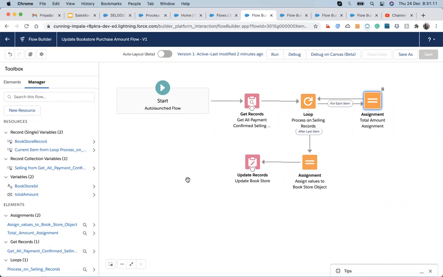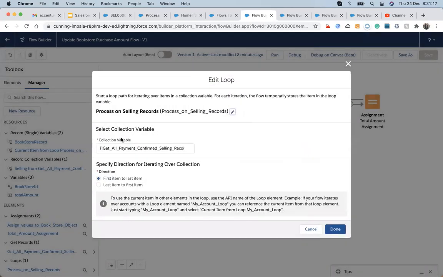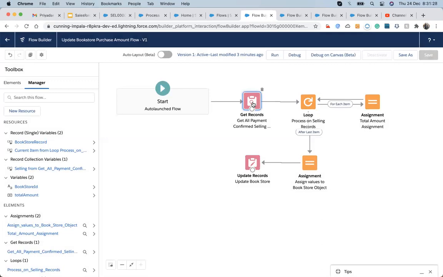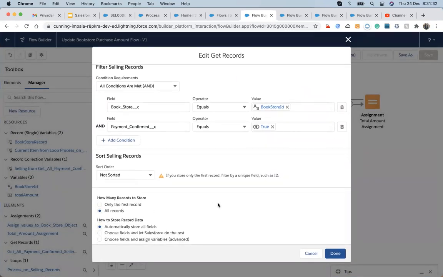We have also learned how to use loops. A loop will work on a collection variable, which can be anything. Just like here, I get all the related records, and it can be one or two or many more.